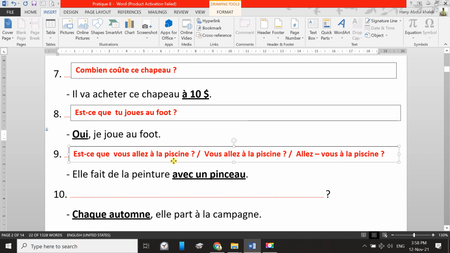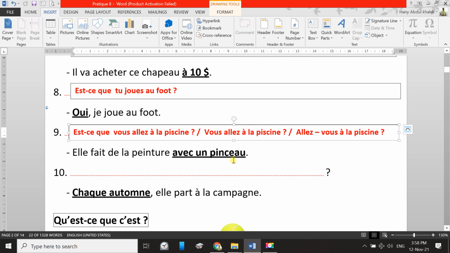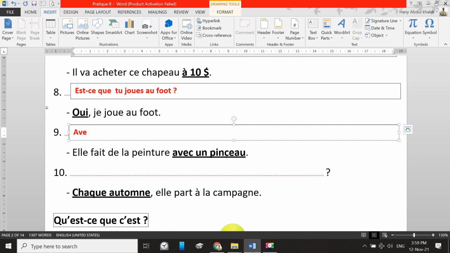Let's say elle fait de la peinture. Elle fait de la peinture avec un pinceau. Avec un pinceau. Here we can say pencil, it's the tool with which we can draw or we can paint. Okay, so here it's avec quoi. We have here avec, with what? Avec quoi fait-elle